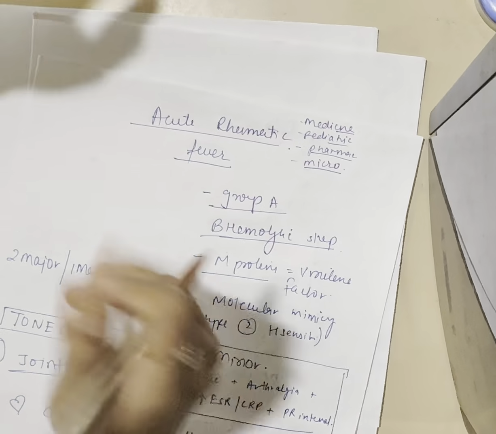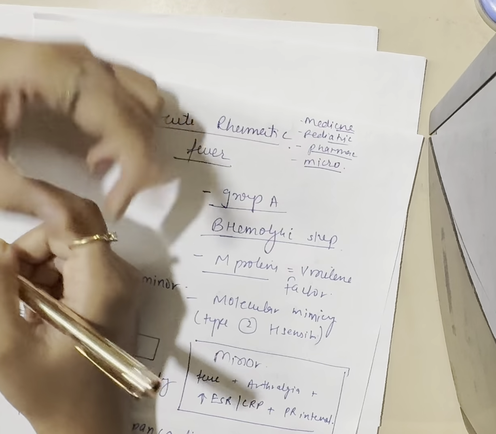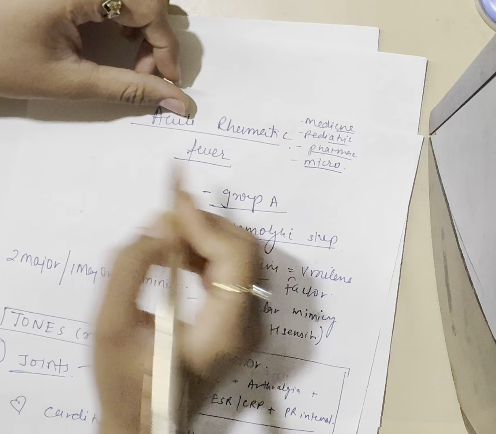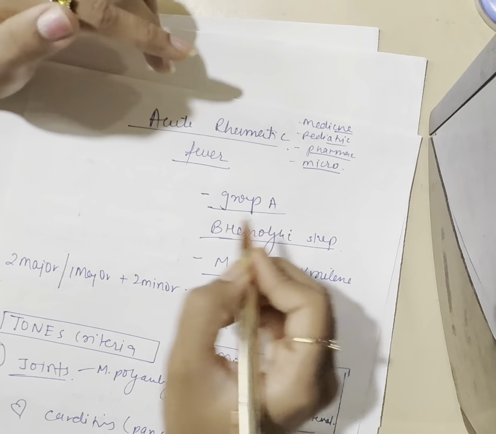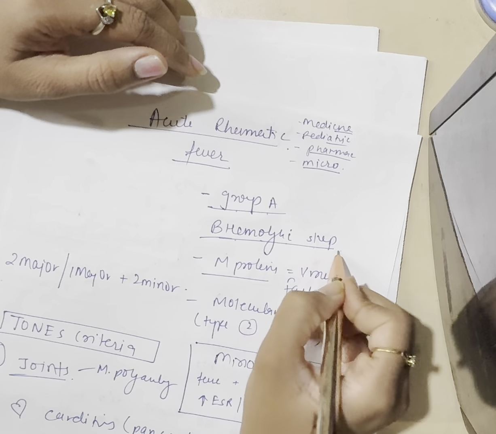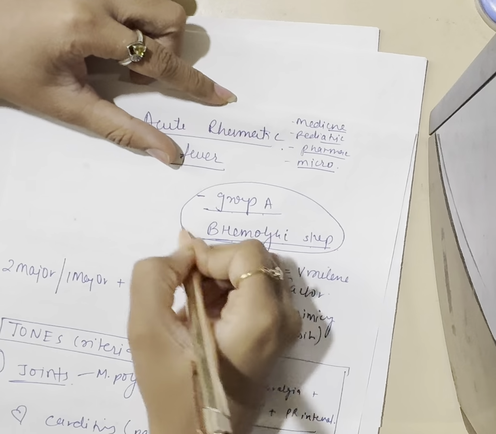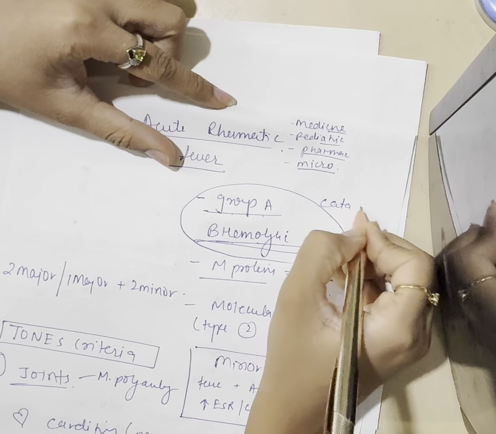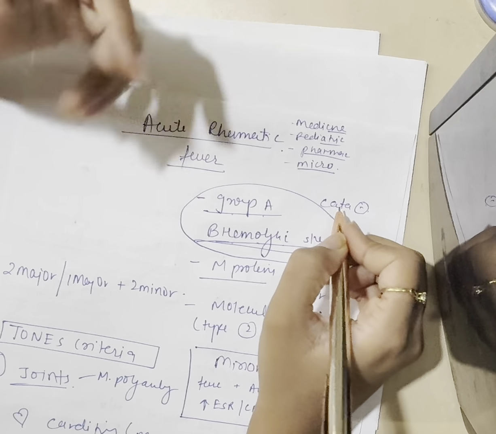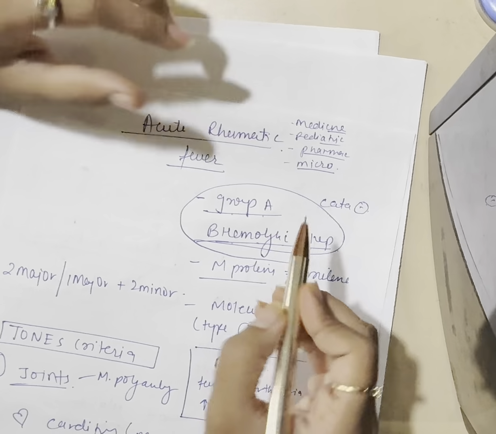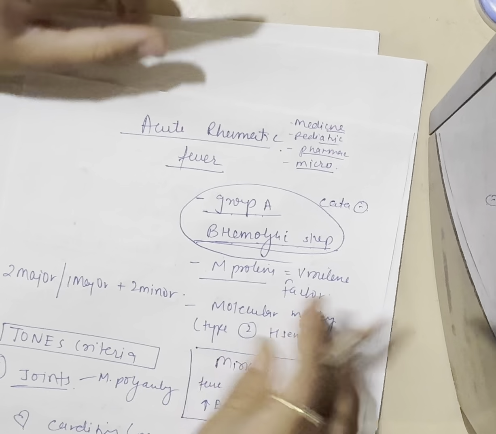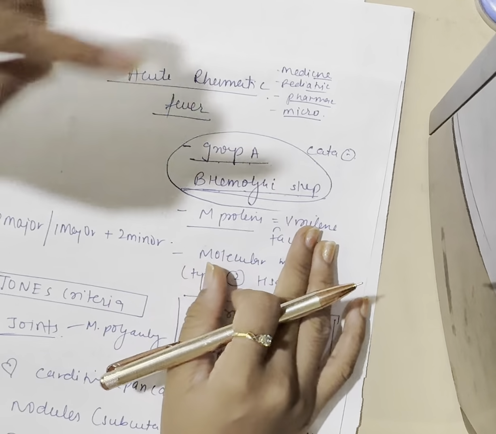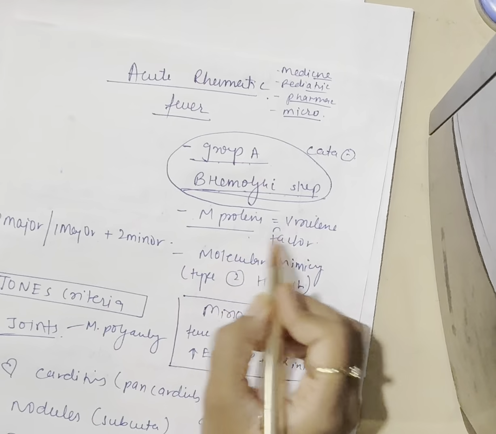Okay, so let's get started. First of all, what is acute rheumatic fever? It is basically an infection of the walls of the heart caused by group A beta hemolytic streptococcus. That's very important. This is catalase negative, because that differentiates it from Staph aureus, meaning the staph group. Group A beta hemolytic streptococcus has the M protein. Very, very important. What is the virulence factor of this bacteria? That is the M protein.